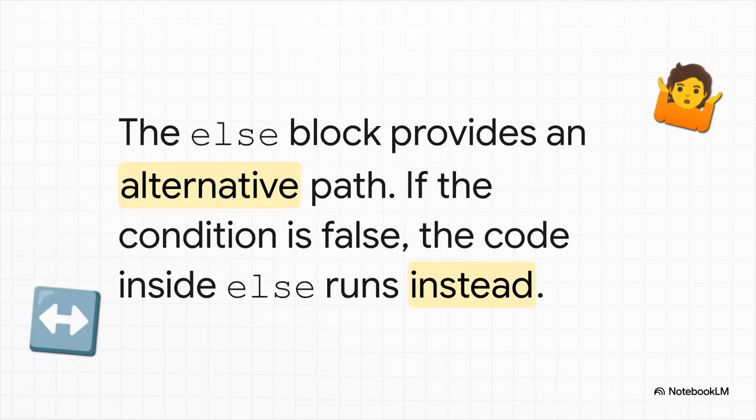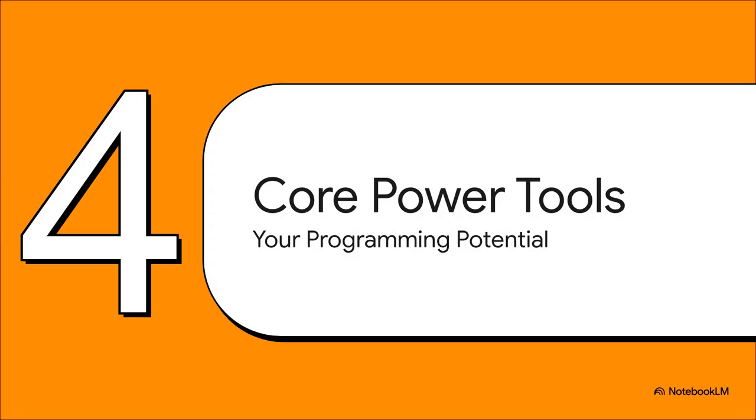But we can also add an else block. This is what the computer will do if the if condition turns out to be false. It gives it an alternative path. It's just a simple fork in the road. If this is true, go left. Otherwise, go right. So, after digging through that really messy, confusing technical document, we've managed to pull out these simple